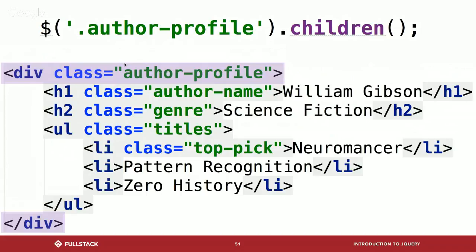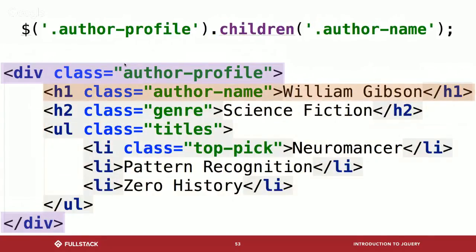So going a step further here, these would be the children. Now we can even go a step further. We have a jQuery wrapped set of children, and we specify, hey, within these children, I want to run a selector. What it's basically doing is changing the node that it's looking at. So when you did children, now you have this wrapped set, but you're being more specific. You're saying not all the children, let me just get the children that have a class of author name. In which case, you would end up getting